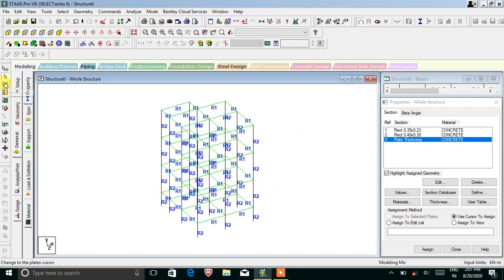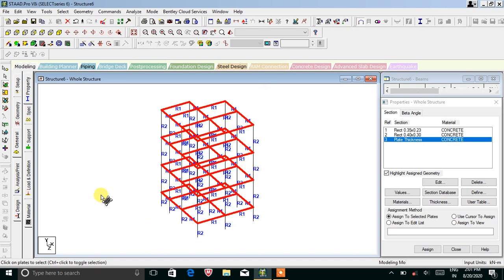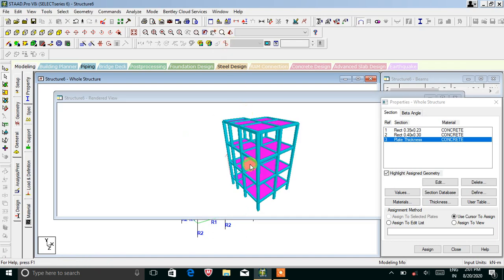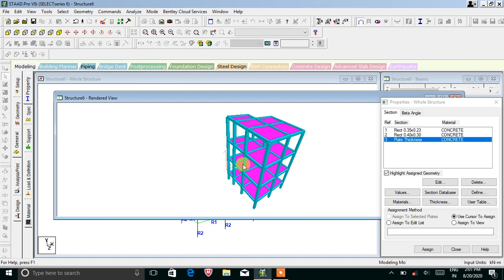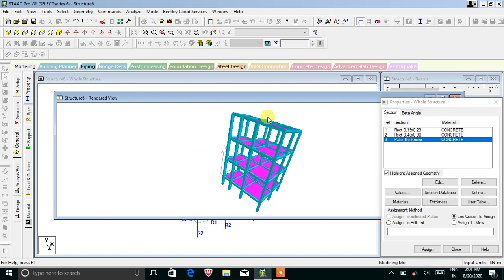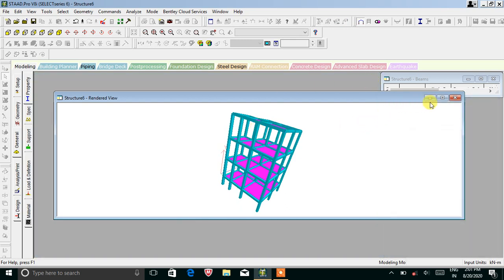Now when you select this plate cursor, all the plates are selected, right? Even in the 3D rendering view you will come to know that these are the cross sections and these are the plates now. Okay, now let's just assign,